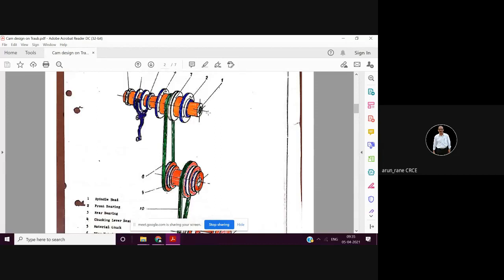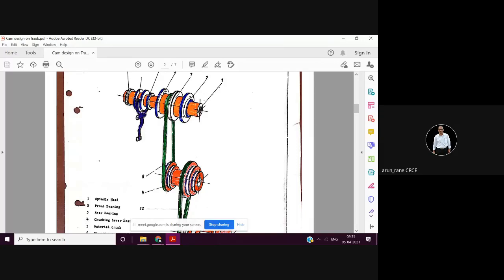And it's a hollow spindle in which you have to hold the different sizes of the collets, and those collets can be changed. But if it is A25, the maximum size of the bar which you can hold is 25.